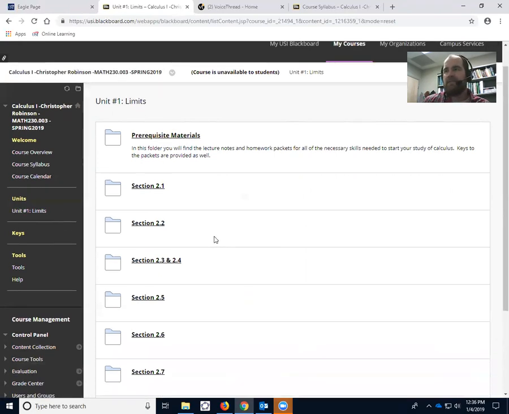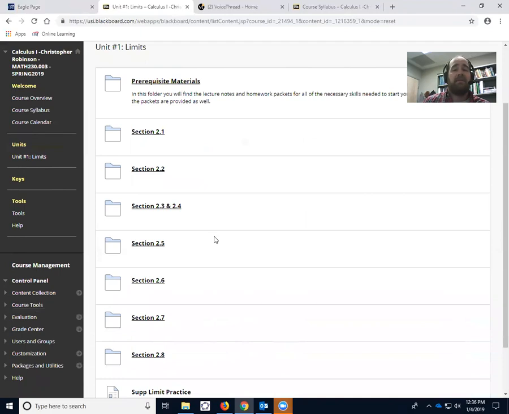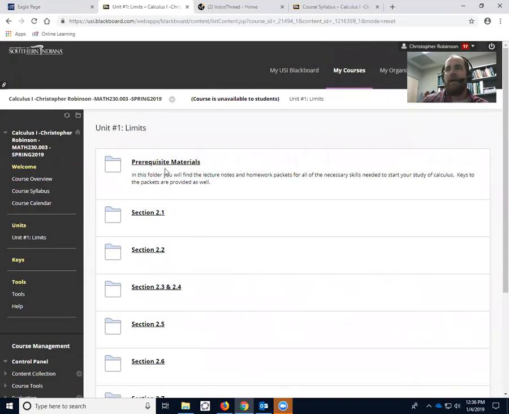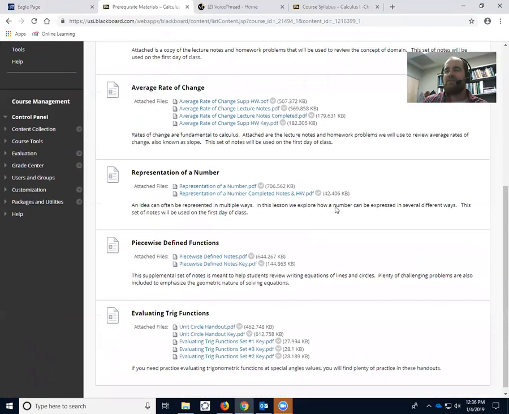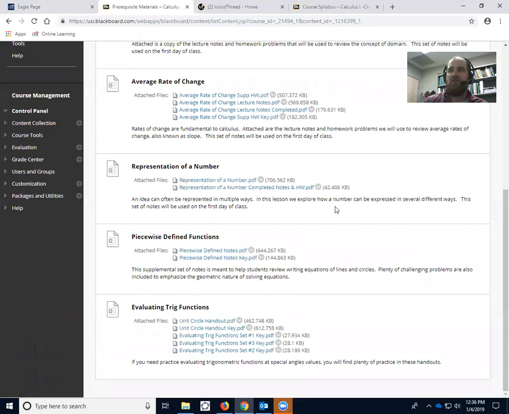So if I click on limits, and I'll set the start for Blackboard to be to this folder soon enough, but that'll probably be maybe Wednesday or so next week. You can go through and look at the resources I have for each lesson. So if I look at the prerequisite materials, I've got a whole lot of different things that we can use to help us along the way